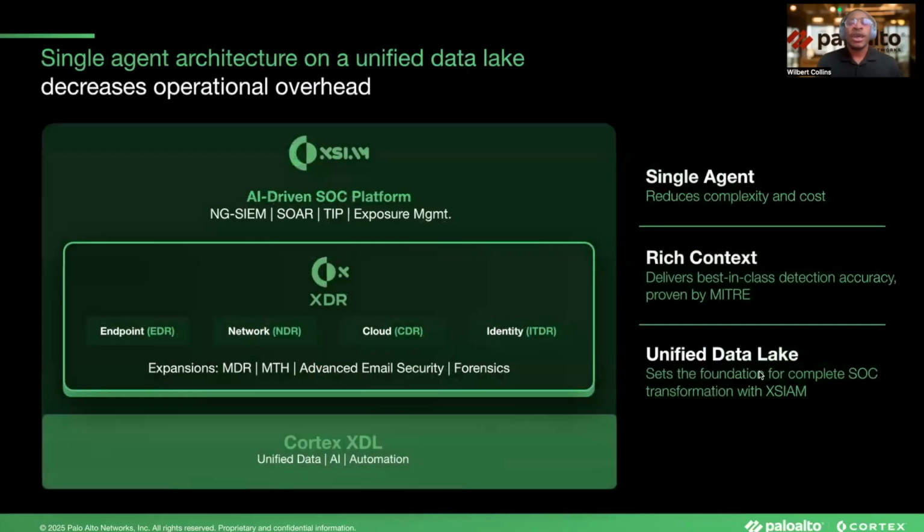So to get into the next portion, XDR is just not one thing. It is part of a bigger scheme. So XDR is the foundation of what we like to call XSIAM, which utilizes our next generation SIEM, SOAR, handle the automation piece, exposure management, but this is the foundation. This is where we're going to have all these different sensors on endpoint, network, cloud, identity, and have that be the foundation for everything else here, as well as it all connects to what we like to call our data lake. So you're able to see all those logs within the same place and make sense of it and make a story about it and provide much more context than what you're getting now.